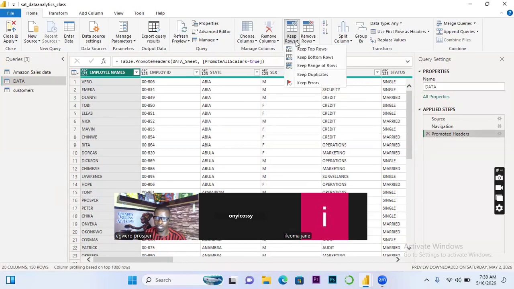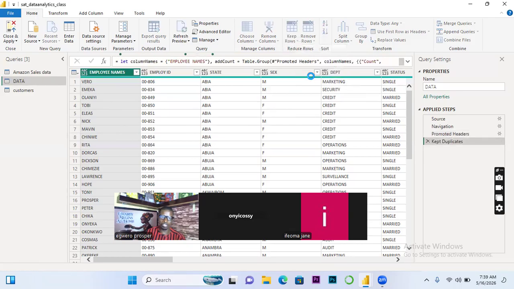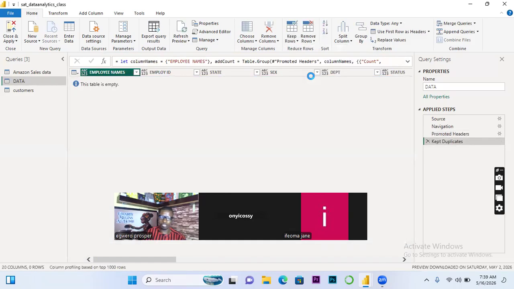Let me explore the other option there. So we have keep duplicates. Now this one is very important. It looks for duplicates along the rows, so if it returns any value, it means that is a duplicated value. What it sees as a duplicate is not just because you have, maybe, Toby repeated here. You must have the same value across all the columns before it sees it as a duplicate. So let's say keep duplicates. You see that it keeps nothing. So in as much as we got this empty array, it means that